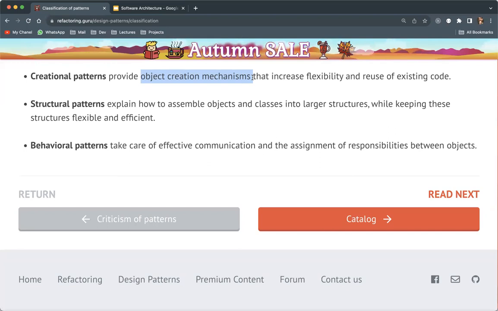The second thing is the structural patterns. It explains how we assemble objects and classes into a larger structure while keeping this structure flexible and efficient. As its name implies, how we can structure large objects. So we have the smallest form of classes. For example, we need to make sure we include each and every section of our larger structure. Say, for example, we are trying to model